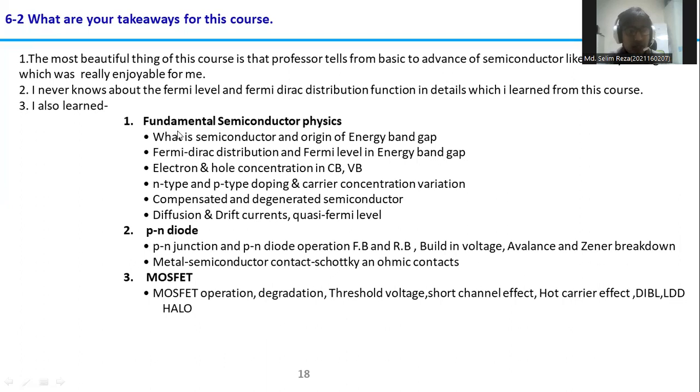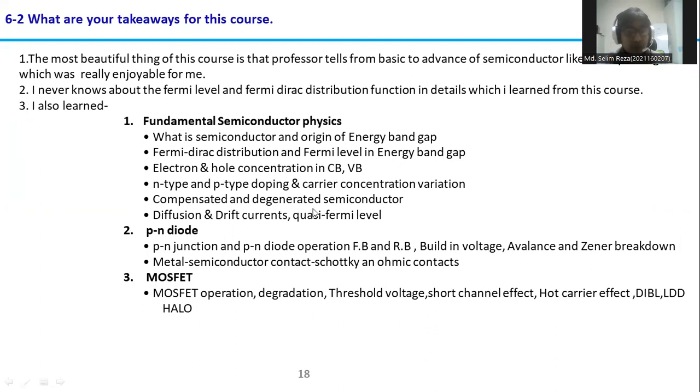I also learned the fundamental semiconductor physics: what a semiconductor is, how the energy band gap originates, the Fermi distribution function and Fermi level in the band gap, and electron and hole concentration in the conduction band and valence band with temperature variation, concentration variation, and how we can make N type and P type doping,